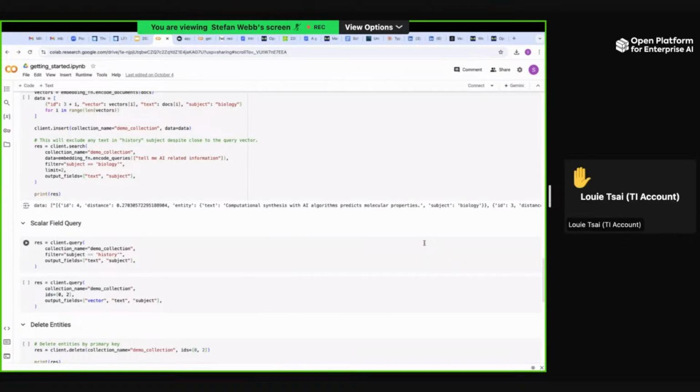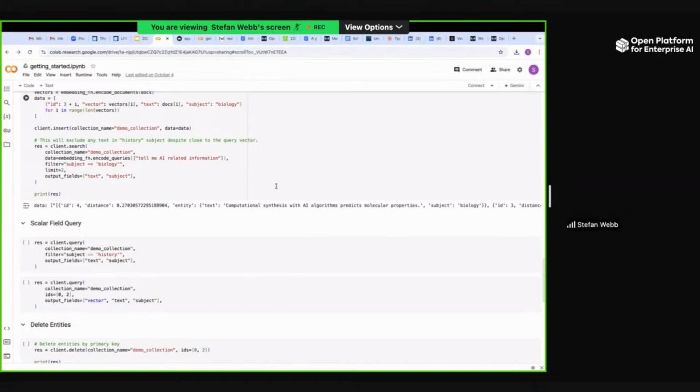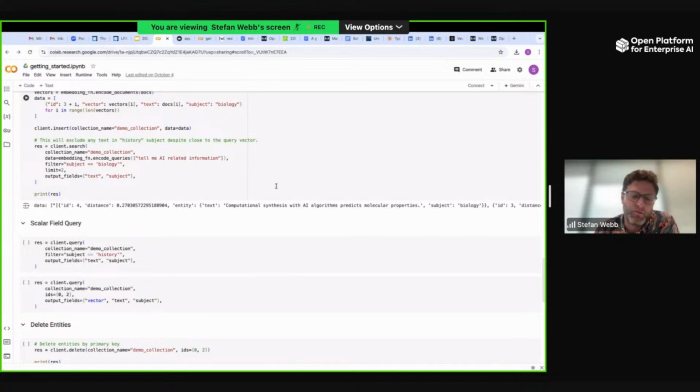Are those tunable parameters for the client search, or no? The K is tunable, the distance computation is tunable. By default, this will be using a standard L2 Euclidean distance. The inner product is, I would say, the most common one, because if you normalize your embeddings, then that's just a dot product. So that's the most widely used one.